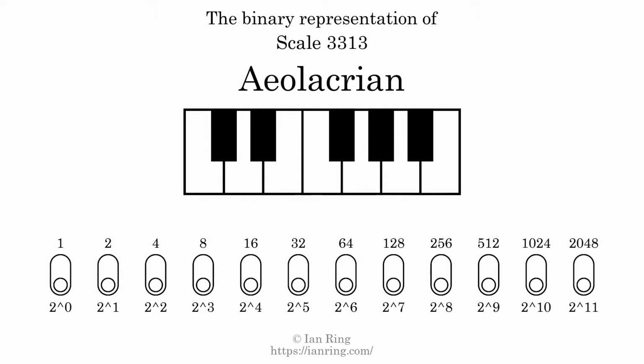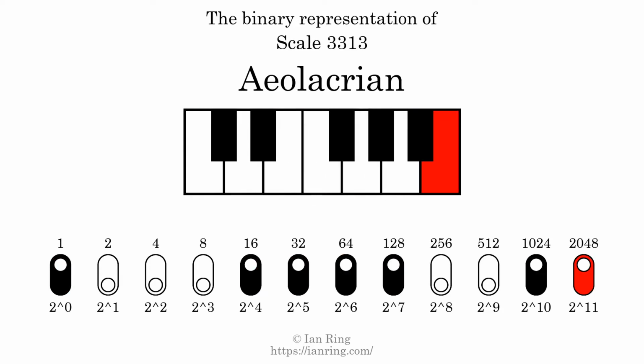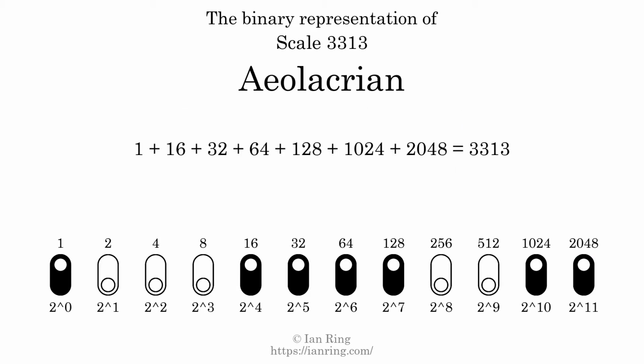The binary representation of this scale is determined by mapping tones of the scale to binary digits. Each binary digit represents a power of 2. To get the scale number, we add the powers of 2 together. The powers of 2 that are present in the scale, all added together, equals 3313. That is why the scale number, in decimal, is